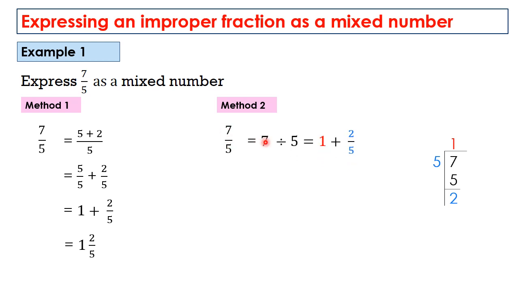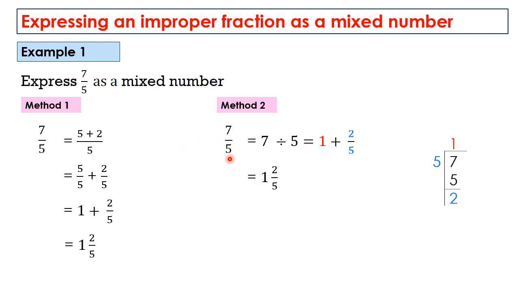We are writing these results here when 7 is divided by 5. The answer is 1 time, the red color indicating the number of times, the quotient, that is 1 time, and 2 balance out of 5. So this blue color indicates the balance, the remainder, 2 out of 5. So when 7/5 is written in this form, that is equal to 1 plus 2/5. When you add these two, 1 and 2/5, it is the same answer we received here.